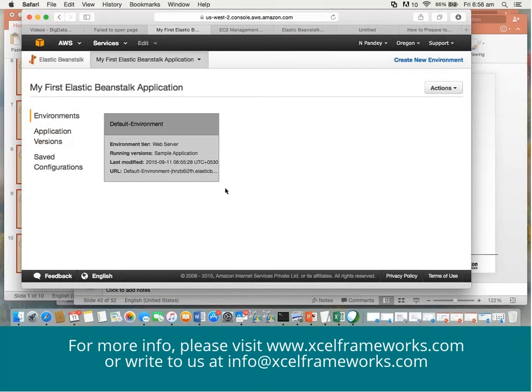When we did it, it created an auto scaling group, a security group, and an instance, and in that instance it installed your app server, which is Tomcat as of now, and it provided a very good dashboard from where you can monitor, manage, and deploy your applications. Is that clear?